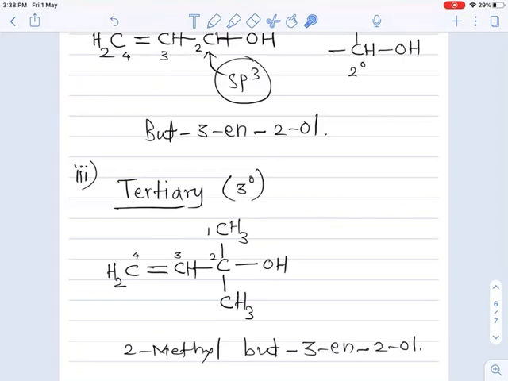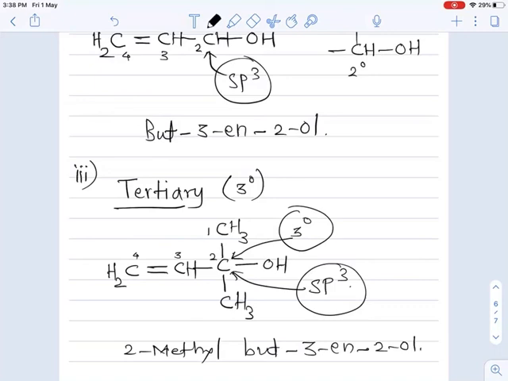Okay, now you observe the carbon which is attached to the OH group is again a tertiary carbon, singly bonded, so it is sp3 hybridized. Okay, so this is about the classification based on the OH attached to the sp3 hybridized carbon, that is primary